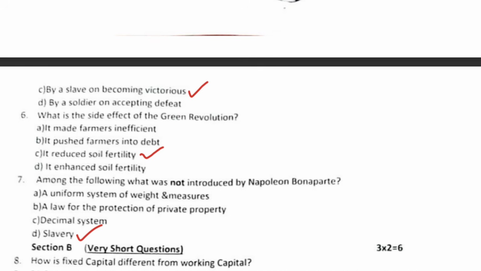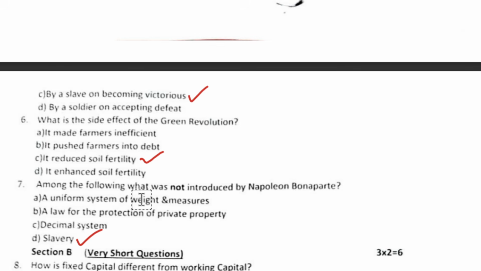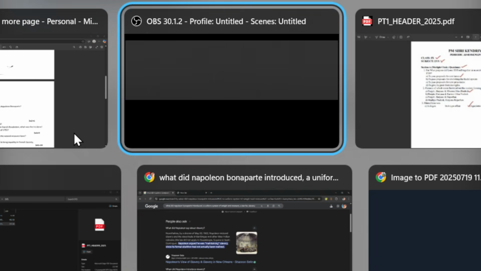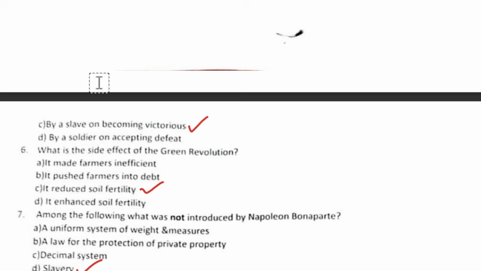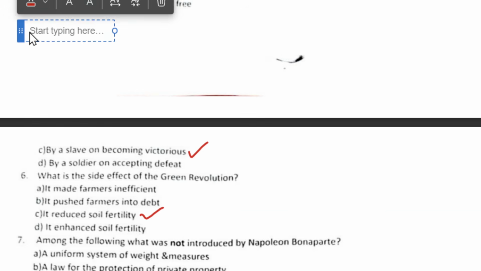How have the modern farming methods overused the natural resource base? So the 11th one I will be writing here. I hope that is visible. Okay, I think now it will be visible. So this is the answer for the 11th question. So this is a 3 mark question. You have to write the answer in a little more detail. Okay. So use of chemical fertilizers